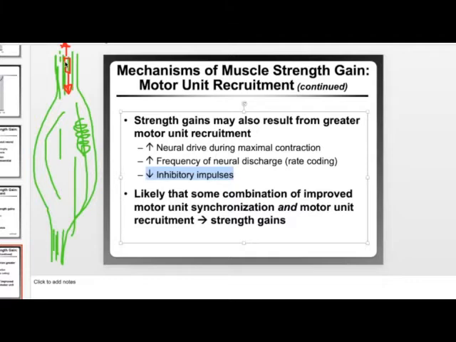So what the Golgi tendon organ does is it sends information to the spinal cord and says, oh man, this tendon could tear because it's stretching very quickly. And then the spinal cord sends a signal to the muscle that tells the muscle to relax. If the tendon is changing its length very quickly, it could tear. So the tendon tells the muscle, hey man, relax as much as you can.